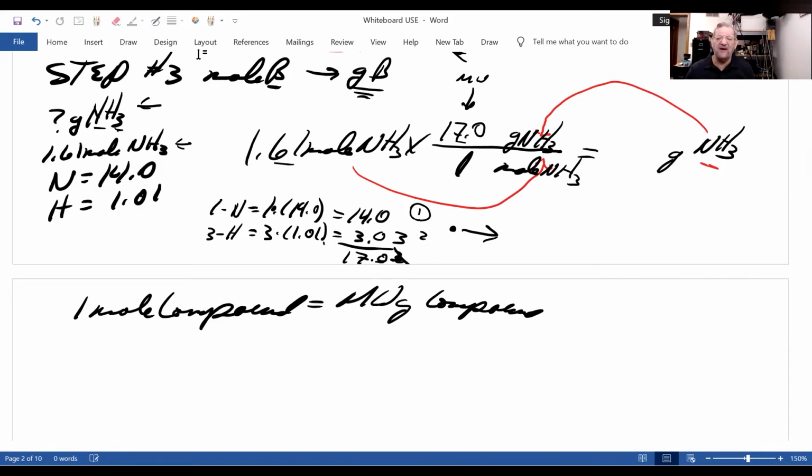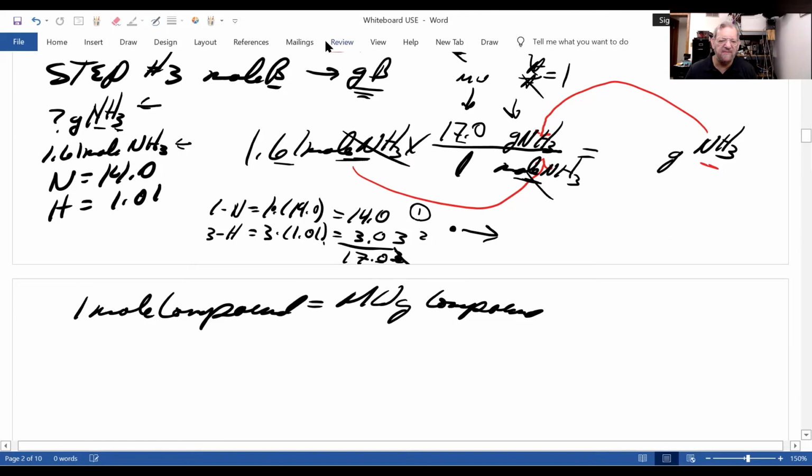And now I'll go to my calculator. No, I won't. I'm going to check here. Moles of ammonia divided by moles of ammonia. Anything divided by itself equals 1 because it cancels out. And I'm left with my right answers. And that's a check you should always do before you pick up your calculator.